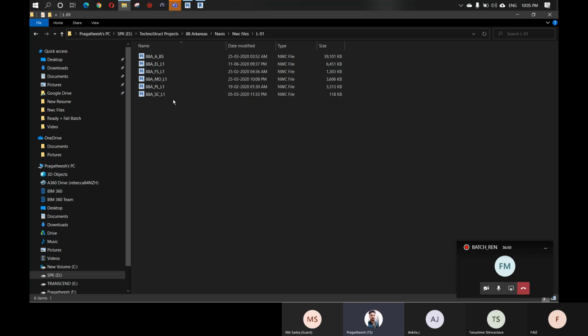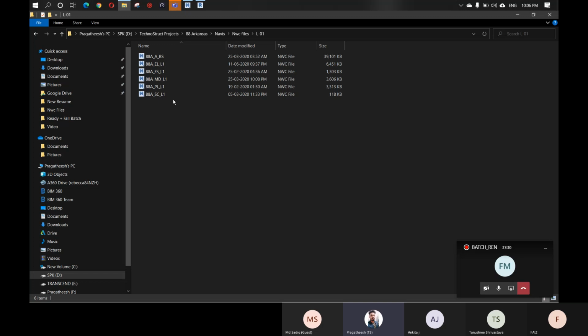In this meeting we will be running the clash detection between all the services, and we will assign certain works to certain subcontractors, certain stakeholders. For example, if a lighting fixture is clashing with a duct, and it is possible to move the lighting fixture, we will ask the electrical guy to move it to avoid the clash. Or else he may say that if we cannot change the position, that may affect the design. In that case, we will ask the mechanical guy to move the duct so that we can avoid the clash. So these things will be happening.